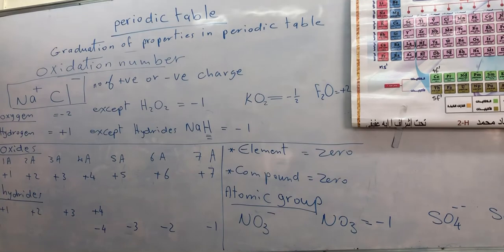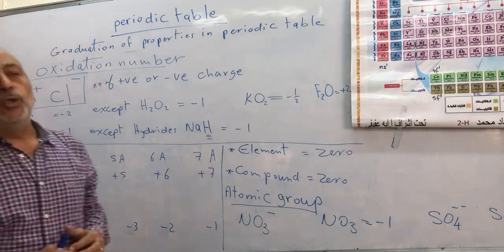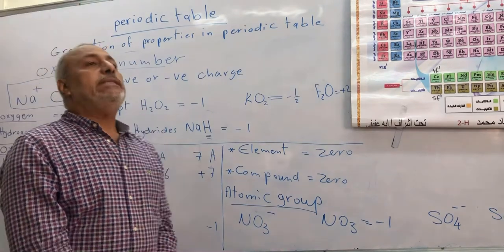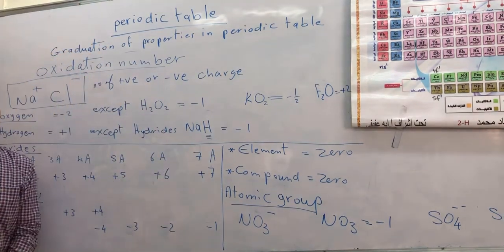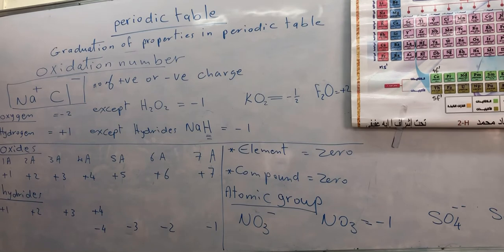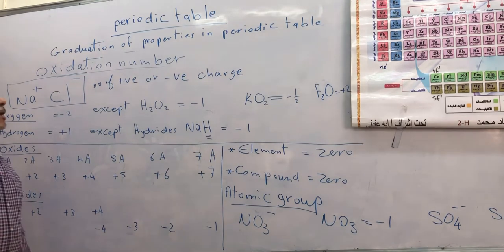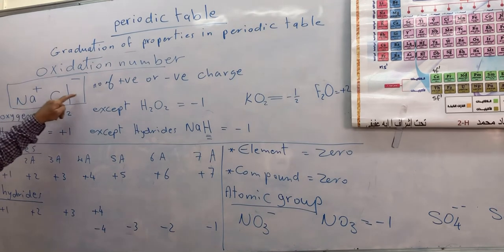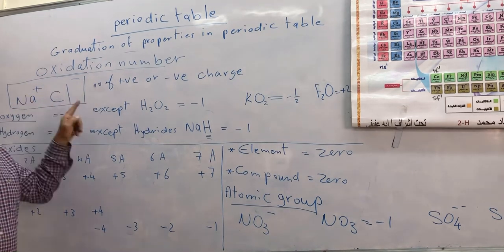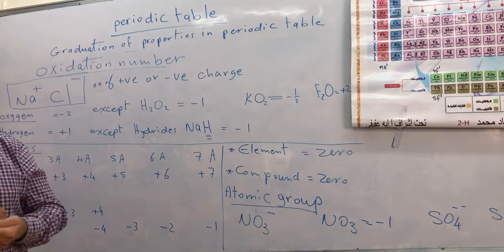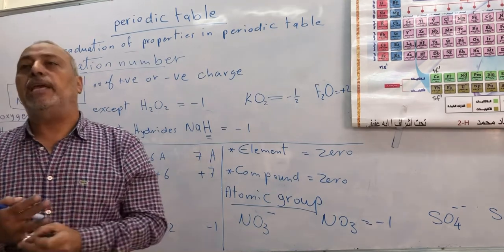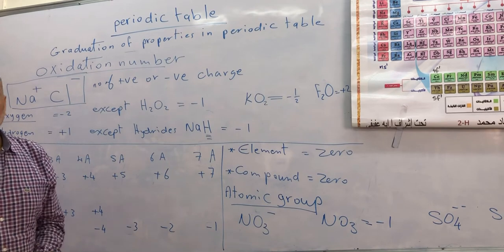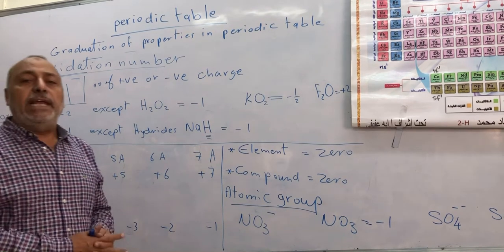We will study oxidation number. What's meant by oxidation number? Oxidation number replaces the valency of elements, because the oxidation number is the positive or negative charge which the element carries in a compound. It is more accurate to explain what happens during a chemical reaction, loss or gain. How can we calculate the oxidation number of any element in a compound?